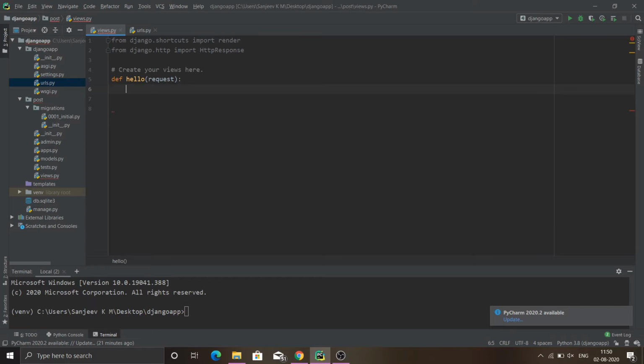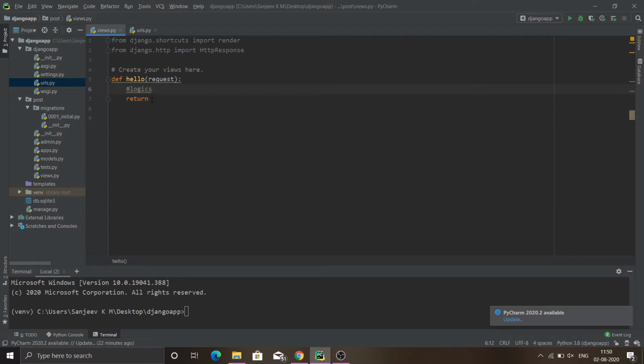And as I said, all the view functions will have a return value, and this return value will contain the information to be rendered into our front end, and all the logic such as fetching data from the database will go between these two. Here we will perform some logic and we will pass that information into our return value, which will display that information in our front end.